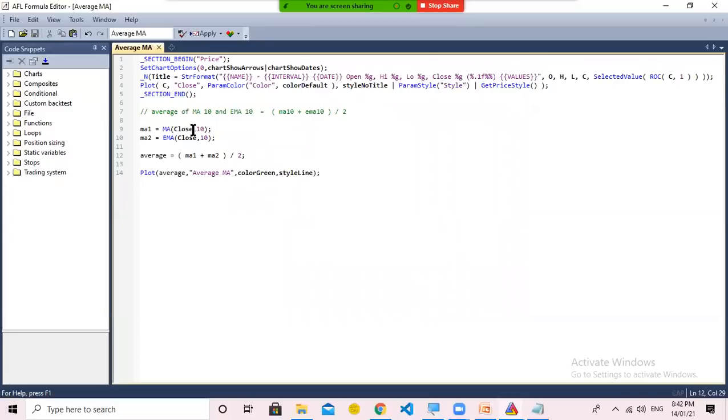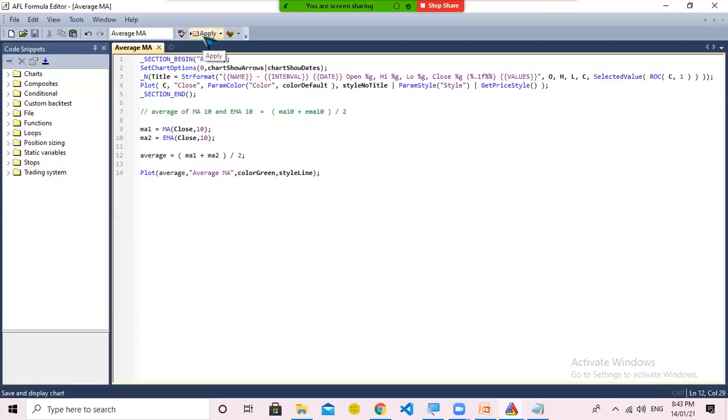So first of all, you need to check whether you have written the code correctly or not. In order to check this, you have to click on this button, which is verify syntax. Actually, when you will click this button, it will verify the whole code and check whether there is any error or not. So I click on this button. So nothing happened, which means my code is correct.